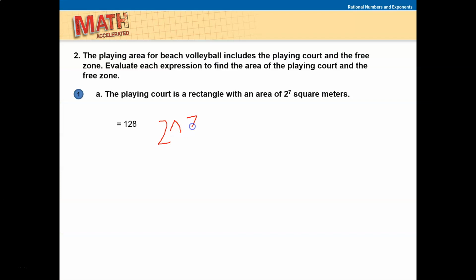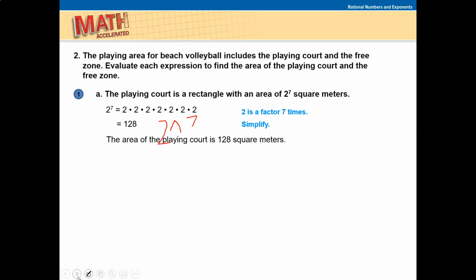So now that you know, you'd put 2 caret 7, which would be 128. On our next one,